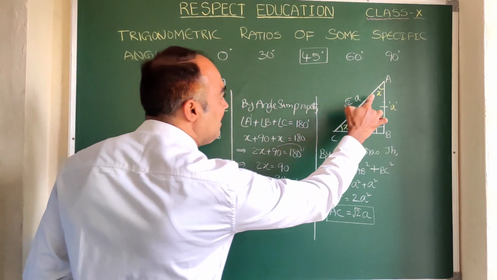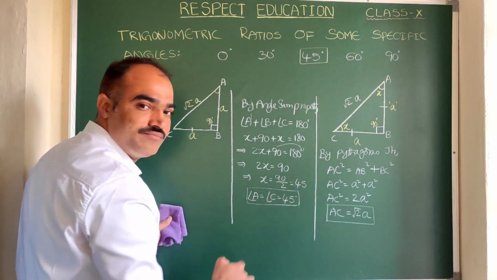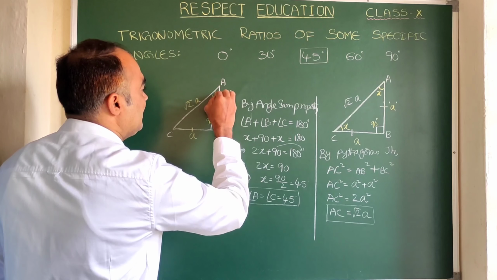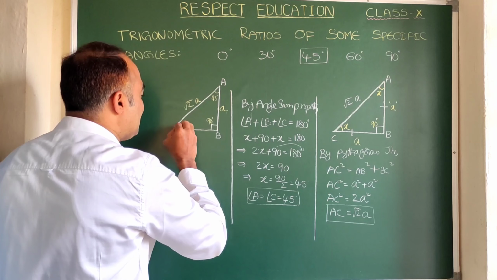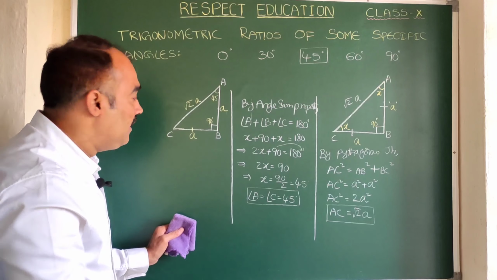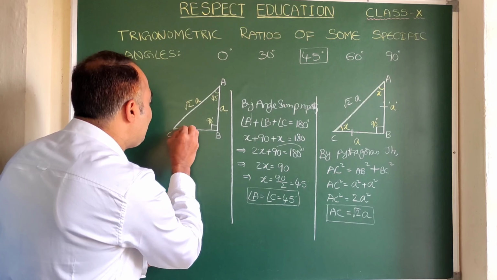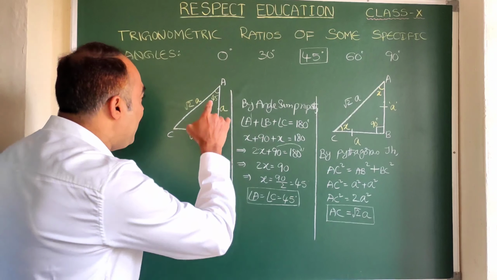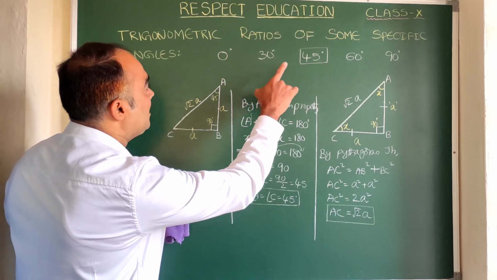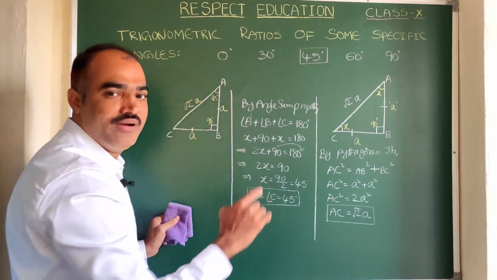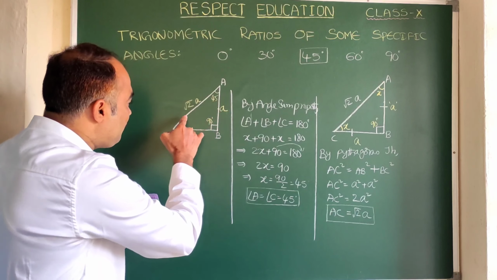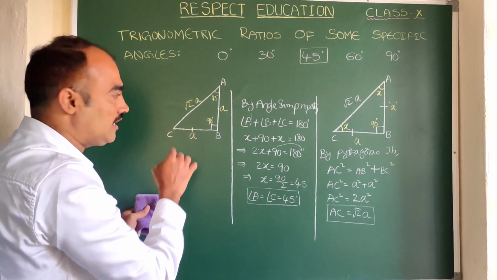Now here angle B is 90 degrees. Earlier angle A was x. Now what is x? Angle A is 45 degrees. Similarly, angle C is also 45 degrees. Clear? Here why am I not writing 45? Because by using this 45 we are going to find sin 45, cos 45, all the values. Not only here, you can take 45 here also. It's not at all a problem.